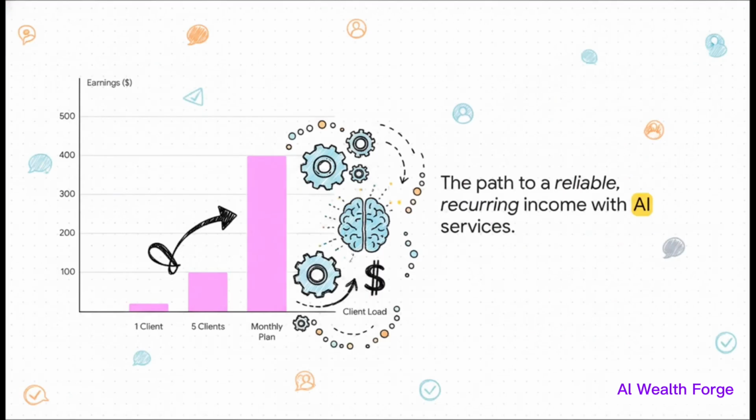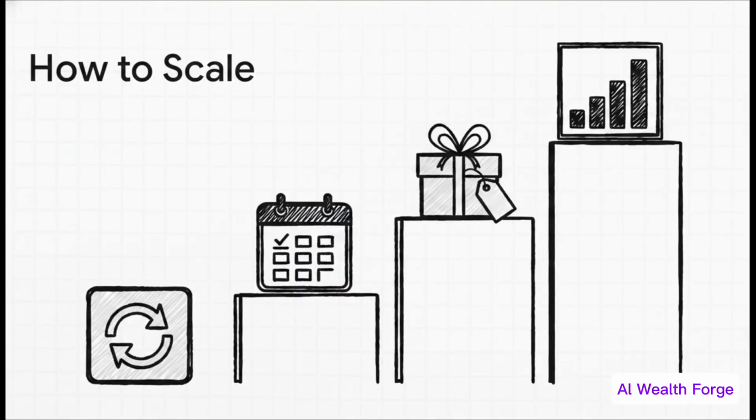And you can see the journey right here. You start with one client, then you get 5. And then, here's the big move. You start offering a monthly plan. That's the real goal. Businesses always need content, every single month. You can be the one to give it to them, and that's how you get a reliable, recurring paycheck. So here's the playbook. The whole thing is repeatable, right? So you just stay consistent. You start bundling your services. Offer a package deal like 10 posts for $100. Then you turn that into a monthly subscription. And that's it. That's how you go from just doing small gigs to running a legit business.